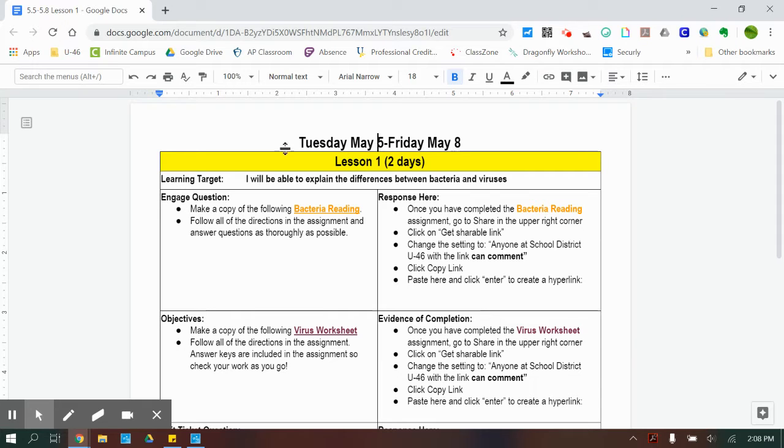So you'll see technically our week starts on Tuesday and goes through Friday. I am posting this on Monday for those of you that would like to get a head start and maybe take Friday off instead. Whatever works best for you, but it is set up to be a 4-day work week. So in lesson 1, you're going to be working with the differences between bacteria and viruses